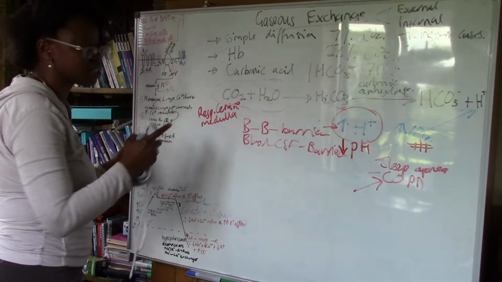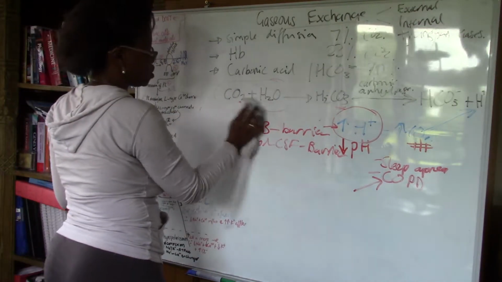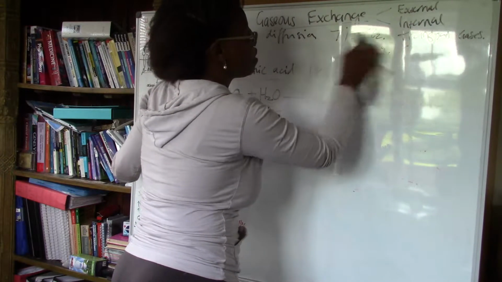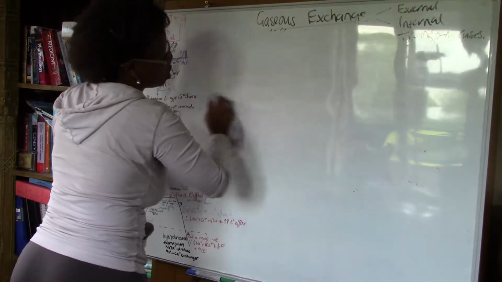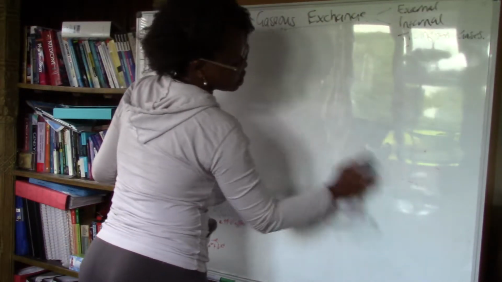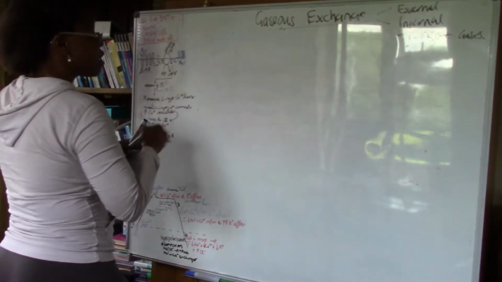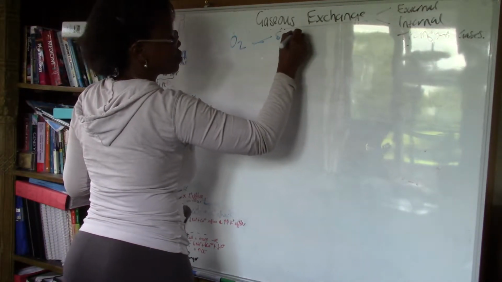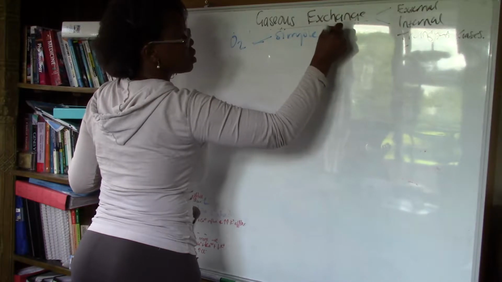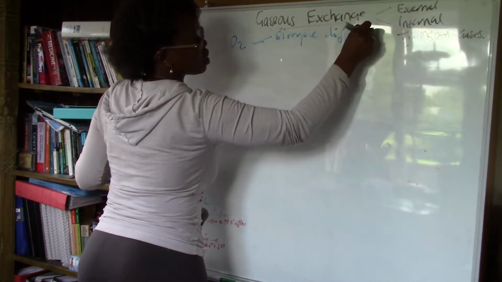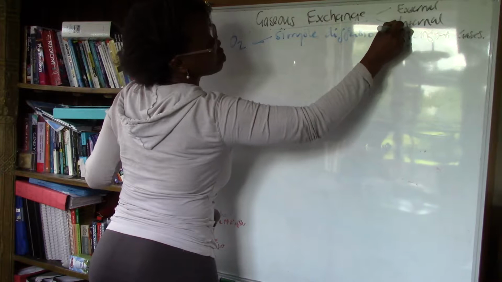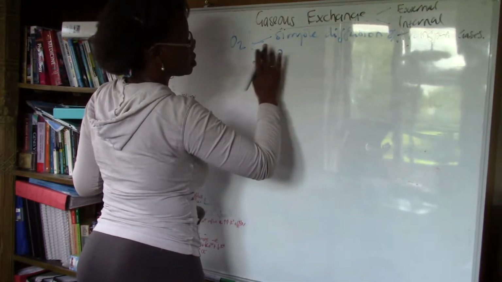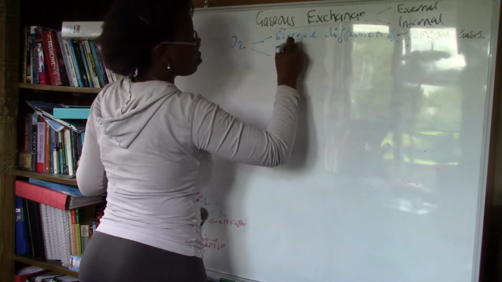Actually activates the respiratory system that is based on chemoreceptors. And then the transport of oxygen is either by simple diffusion, but this is only 2% of how oxygen is transported. Oxygen is actually carried by hemoglobin